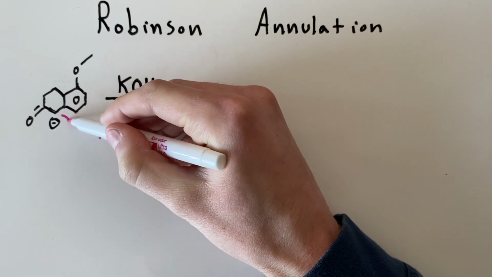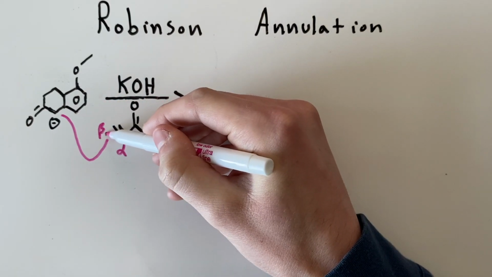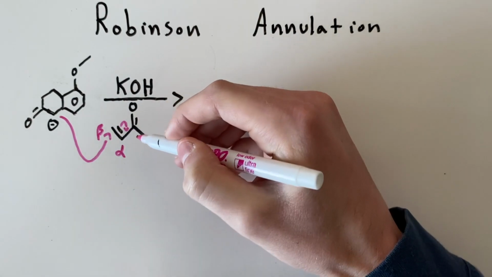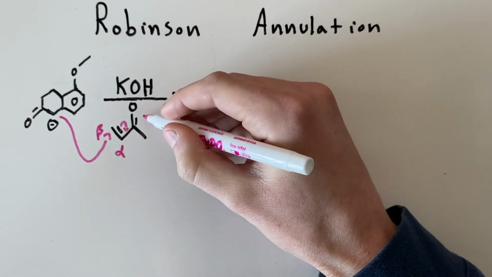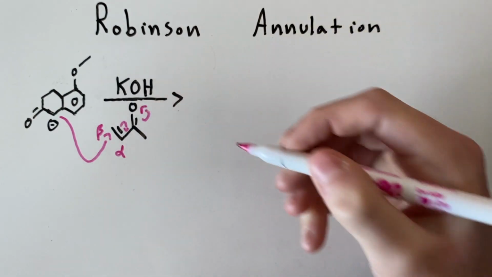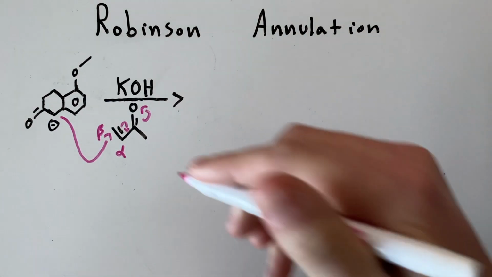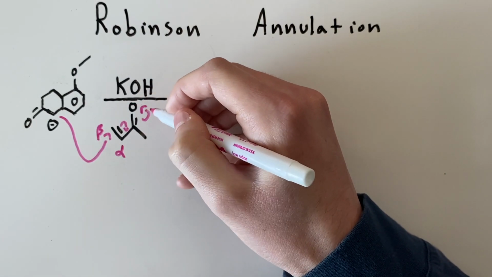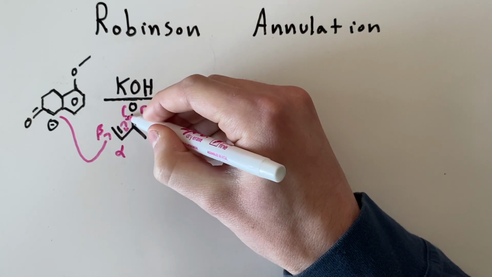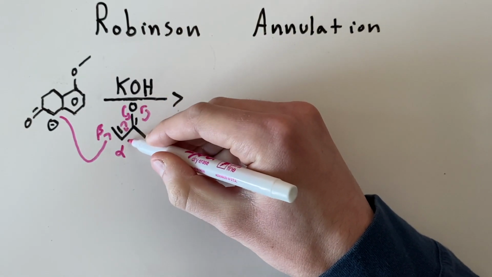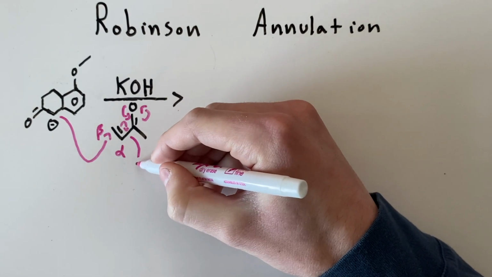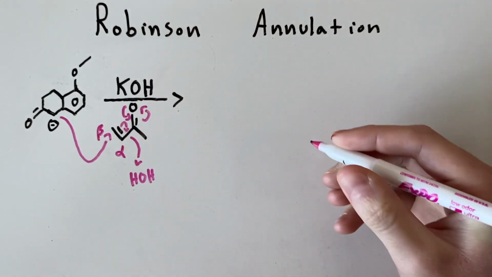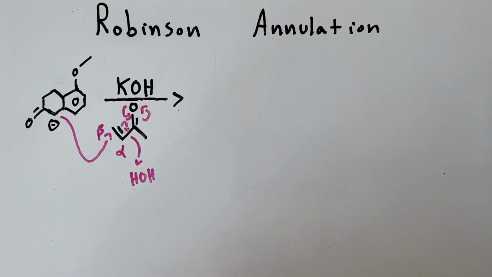Our negative charge carbon is going to come and attack the beta carbon, pushing these pi electrons in between this bond and the pi electrons on the carbonyl and oxygen up to the oxygen. Then we're going to have the pi electrons we just pushed to the oxygen back down to form a ketone bond. These pi electrons here will come and pick up a proton from solution. And we'll be left with